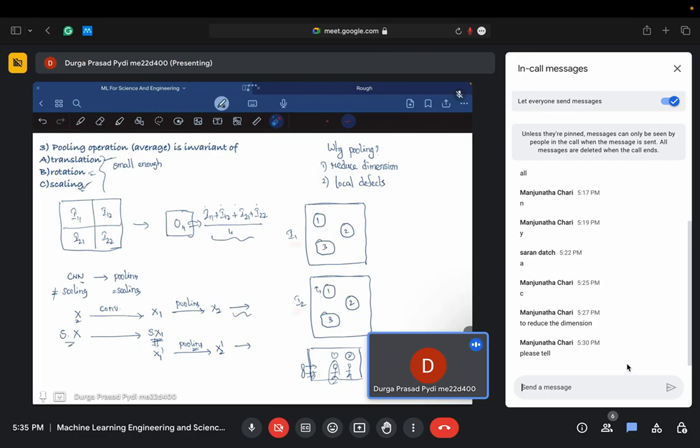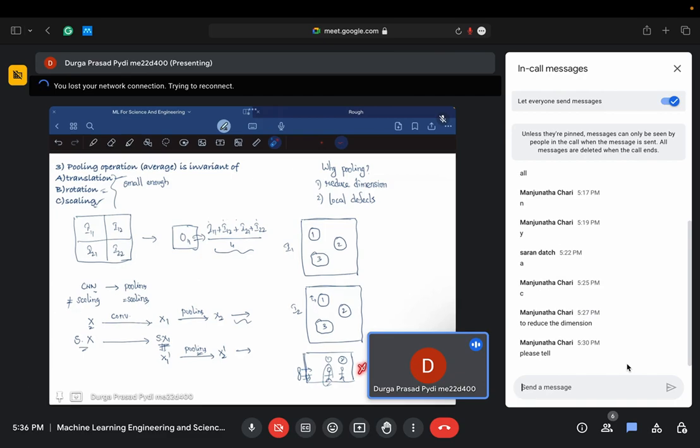I was giving an example where you have a room with a fan, and a human can be at 2 different locations. If you want to identify the flow field inside the room, the case for 1 and 2 should be different. If you use a pooling layer in that scenario, it would treat both 1 and 2 to be the same and give you the same answer, which is something that we don't want. So you shouldn't be using pooling layers in scenarios like this. But in most image processing tasks, we will use pooling primarily to reduce the dimension, and in most cases, with say object detection or face detection or things like that,